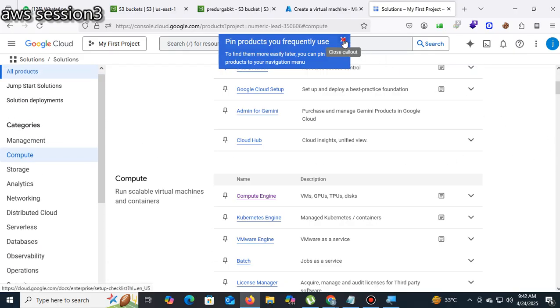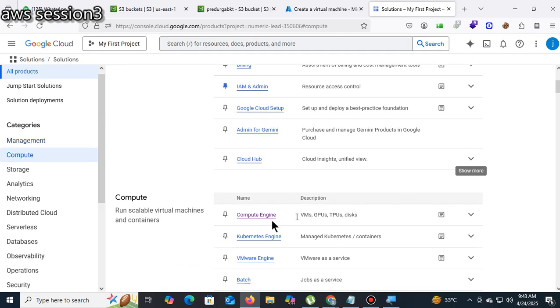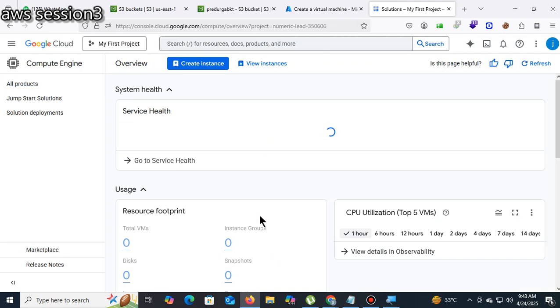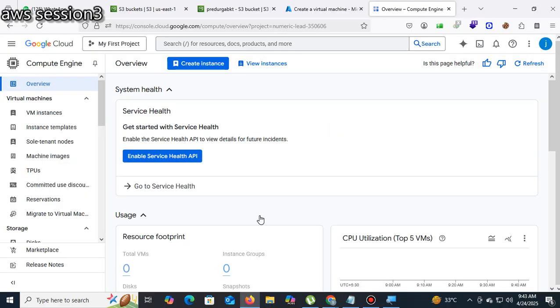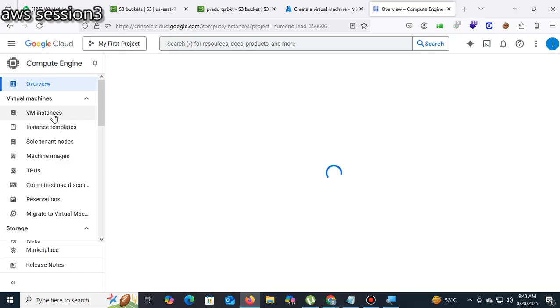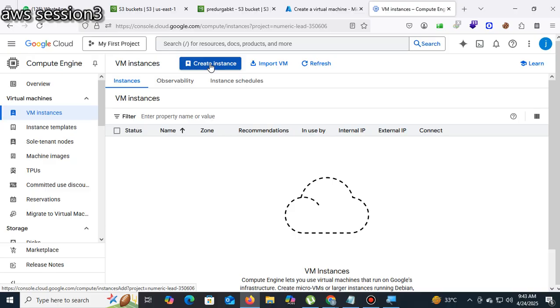This is the Google console. Here it is known as Compute Engine: AWS has EC2, Azure has virtual machine, whereas here it is Compute Engine. Here, VM instances, create instance.